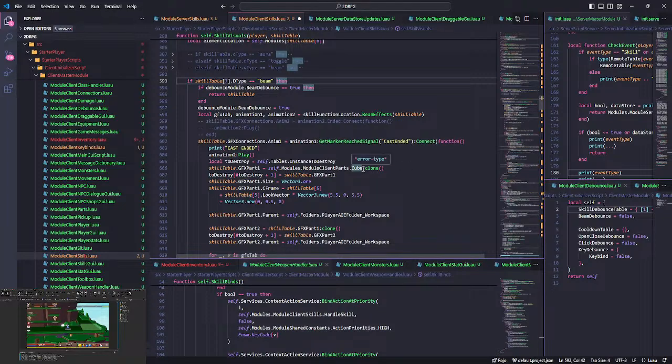Like the other skills work just fine. Any skill that uses the part in part kind of code works just fine, but the beam skill is weird because it's not a skill where you fire it and then it does damage immediately. It first extends out, and if it touches a monster, then it deals damage to the monster there. But the thing is, you have to hold the skill down, and